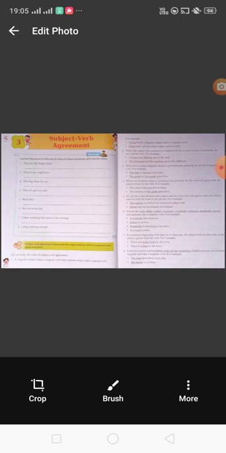Now the sixth point: words like each, either, neither, everyone, everybody, someone, somebody, anyone, anybody are called indefinite pronouns. So when these words are used in any sentence, we always use a singular verb. For example, "Everybody likes Kishore." "Either is correct." "Somebody is knocking at the door." "Everyone is here."